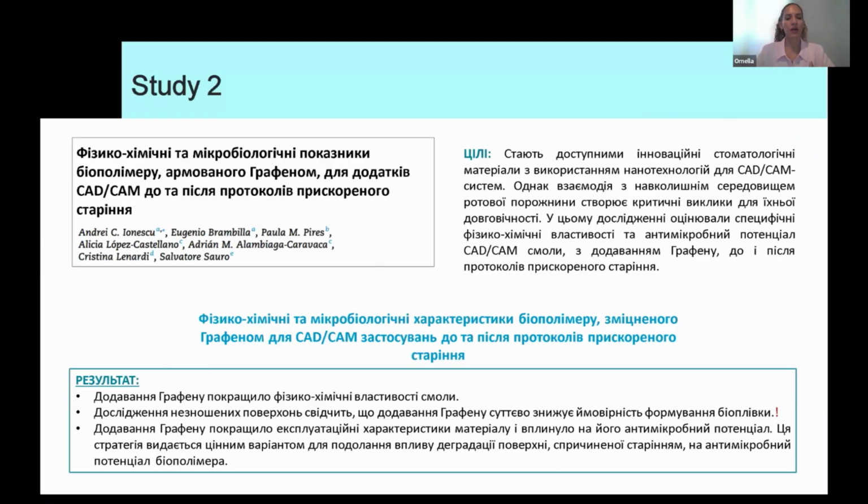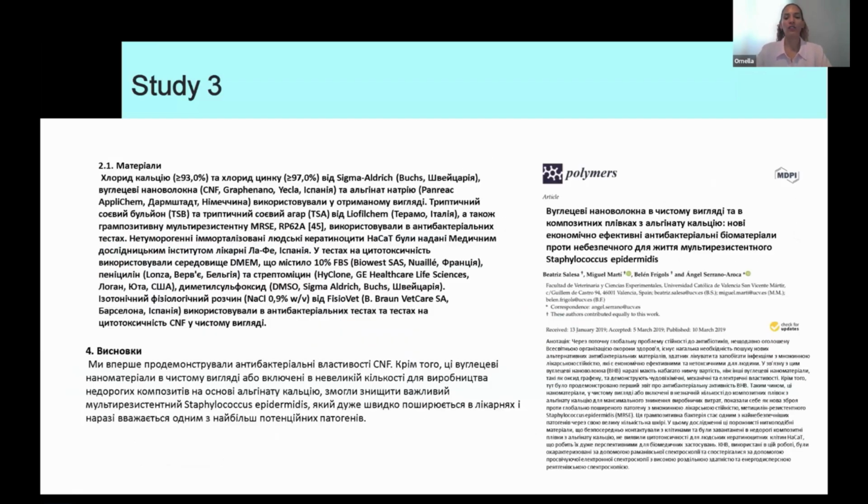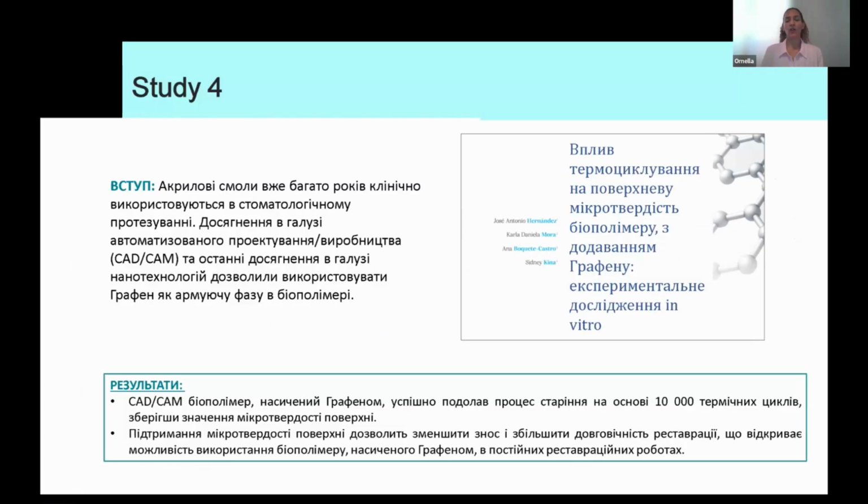Also those that talk about the microbacterial properties, okay, chemical properties, physical properties. Also those that talk about biocompatibility and antibacterial properties of the product. And also those that talk about the thermocycle, okay? The thermocycle is what tells us how long the material is stable. In our case, the in vitro test mentioned in this study that our material is stable up to 10 years,